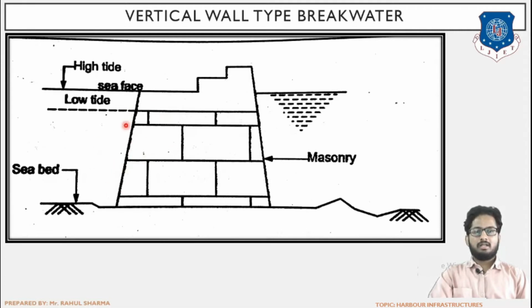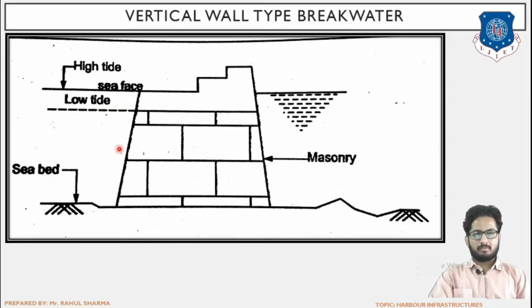How will the energy be dissipated? If there is existence of voids or empty spaces, the water will pass through those spaces, it will dash, and through that the energy will get dissipated. But here there are no voids, so the water will be incident here, and without much dissipation of energy, or with negligible dissipation of energy, it will be reflected back towards the water body.